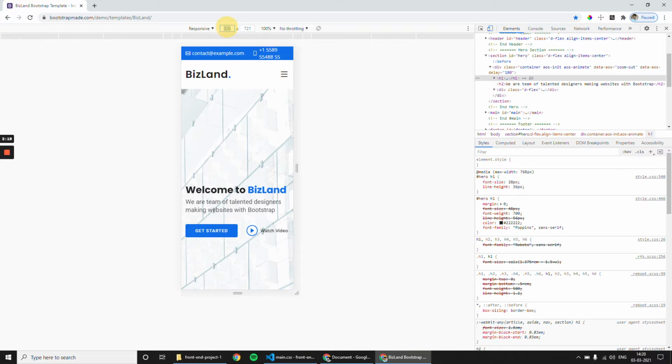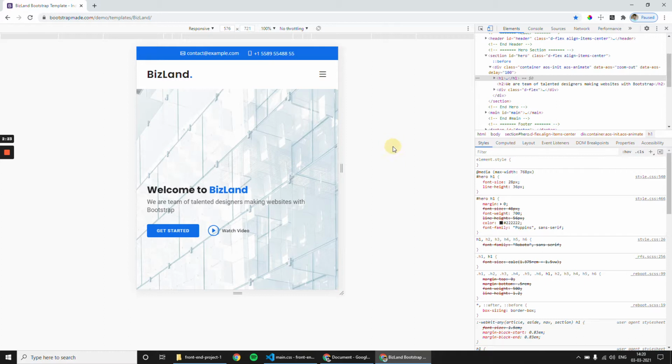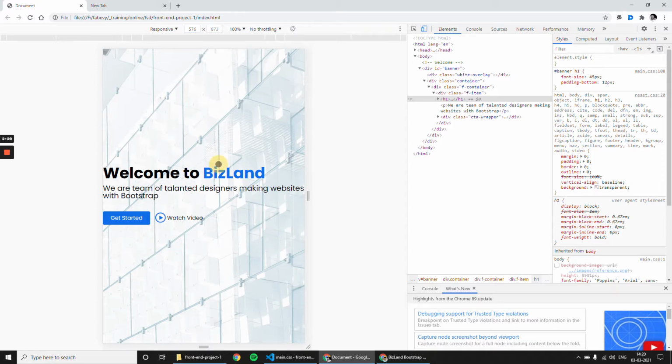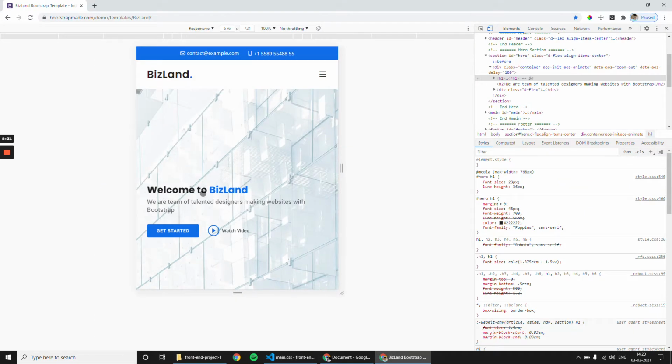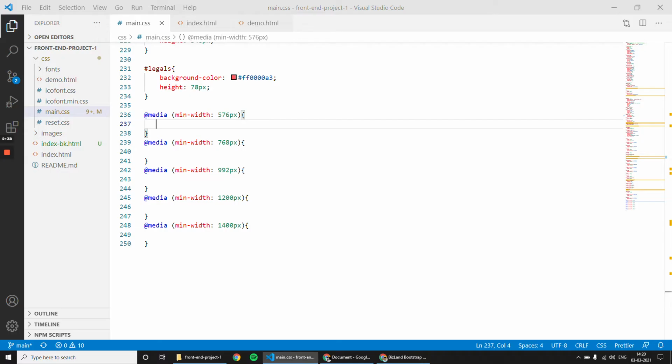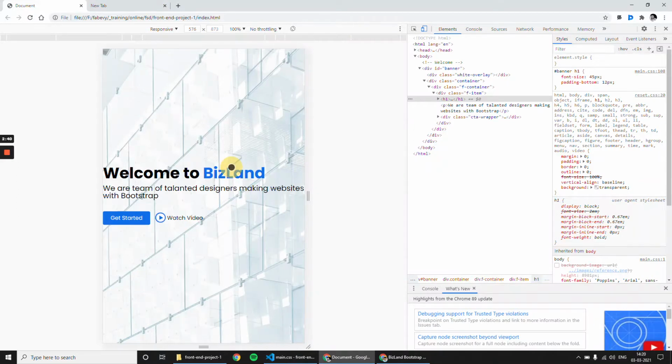So I will keep 576 and put it here 576. Okay, and if you check again, the font size will be different. So let me check. Let me save the file and refresh this.